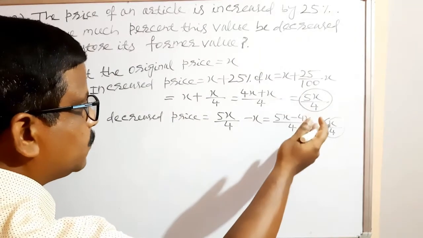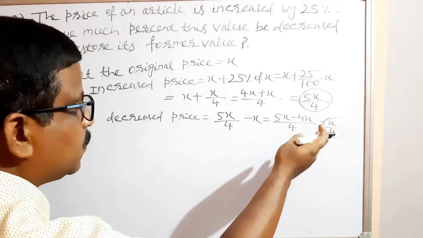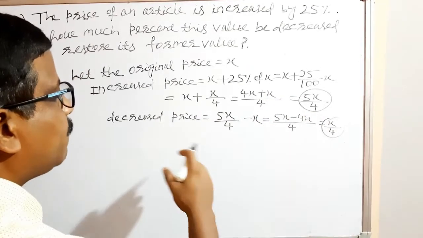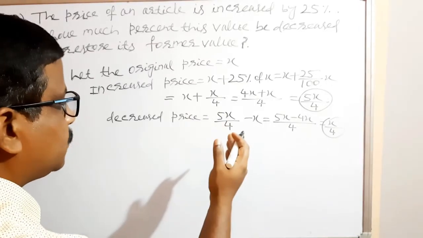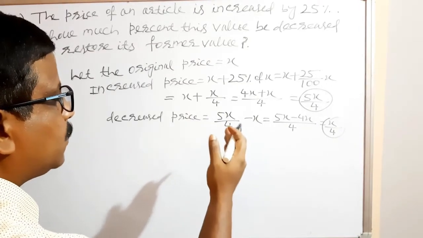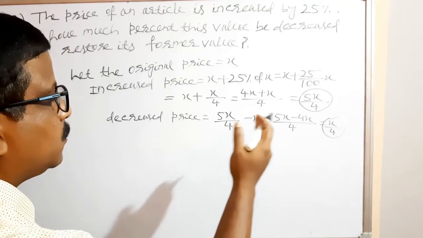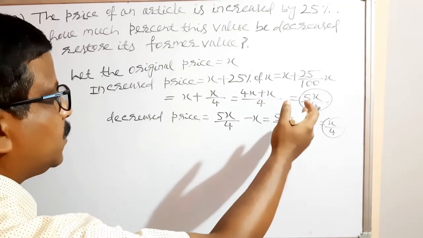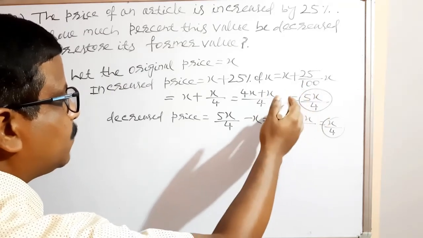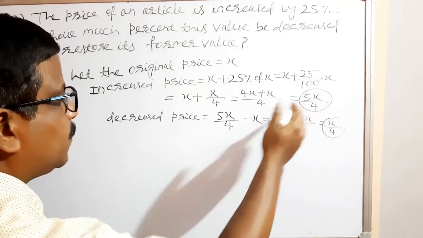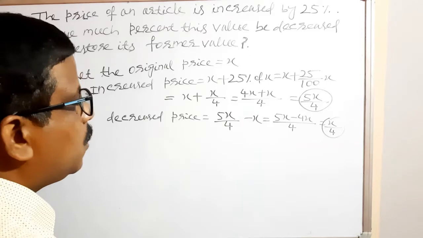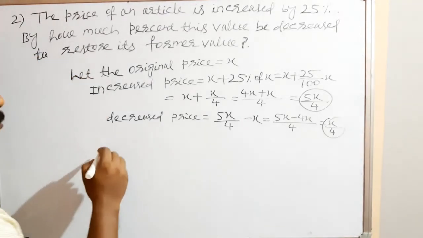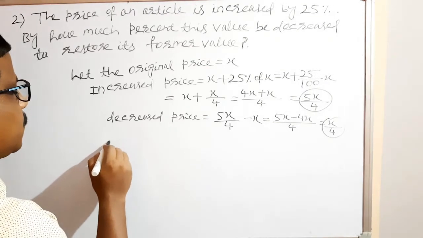From the increased price it is decreased this much. So to find the percentage decrease, we first have to find the decreased price. Now to find the percentage of decrease: decreased price divided by, from which price does it decrease? From this increased price. So divided by 5x by 4, into 100. Percentage you are calculating means into 100. So decreased percentage